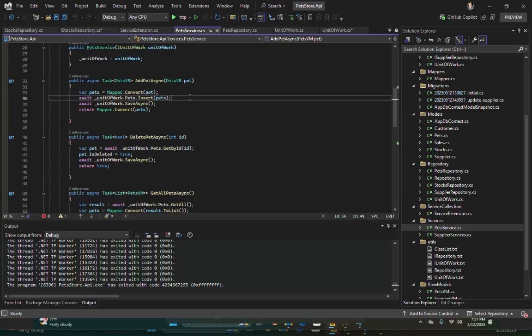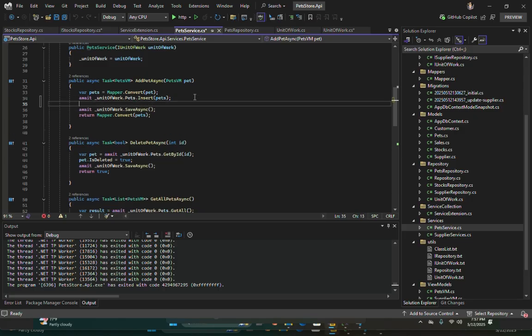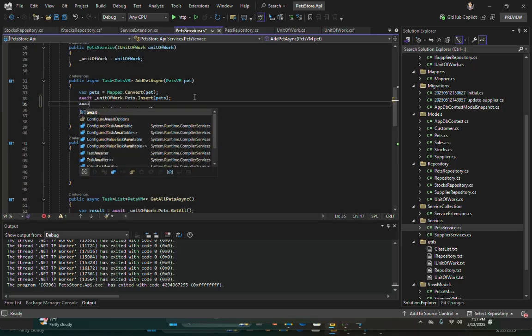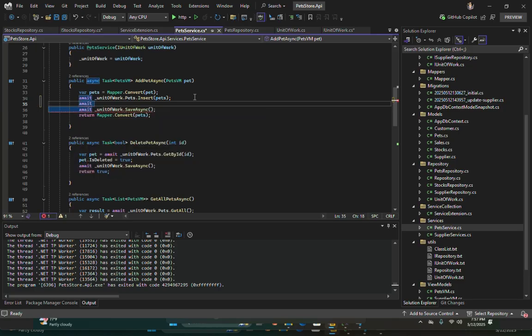After inserting the pets, I can now update the stock.